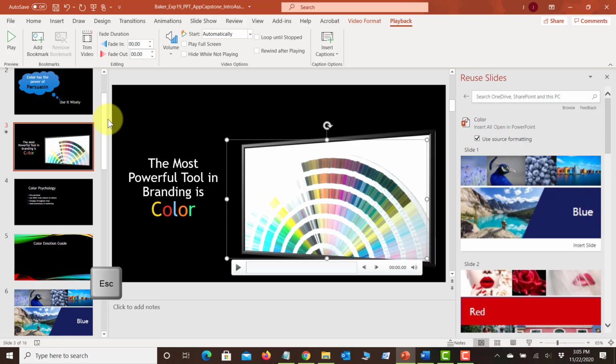Excellent. I'm going to hit escape. That seems to pause the video, so I'm going to hit escape again to return to edit mode. I'm going to save that because I've done a lot of good things here. And then the third thing that it asked us to do in step 5 after we inserted the video is